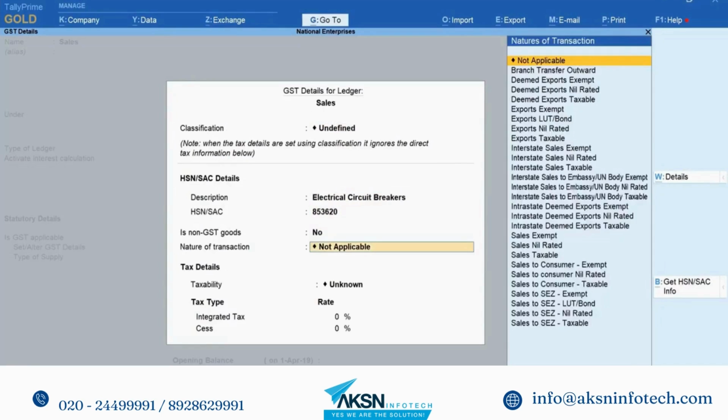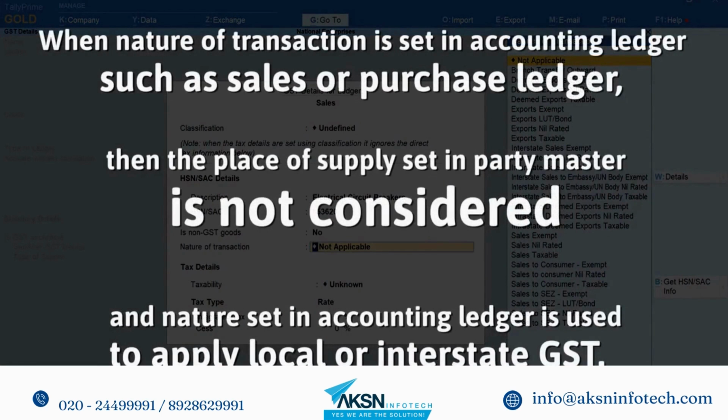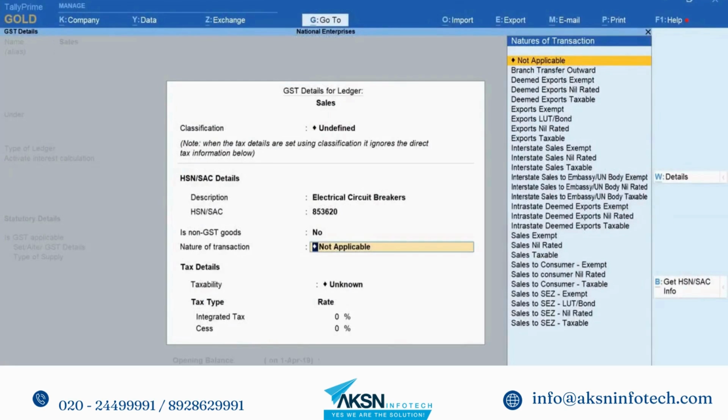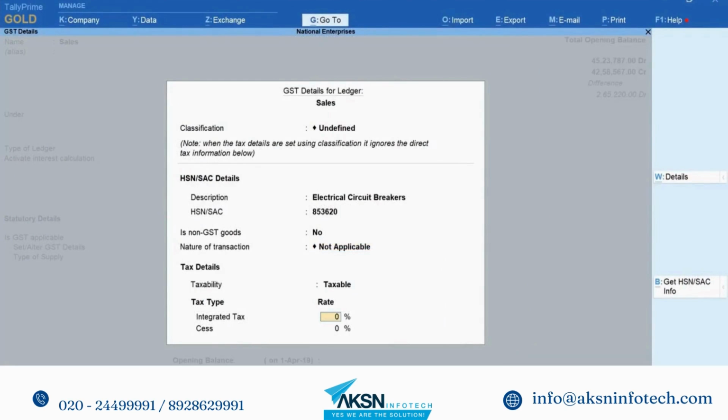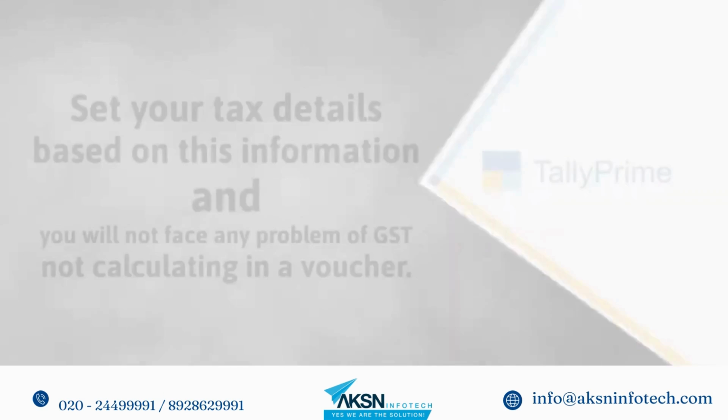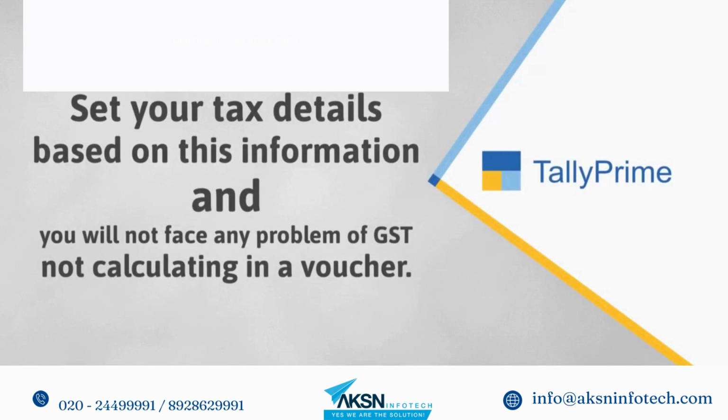आप सेल्स लेजर में नेचर ऑफ ट्रांजैक्शन भी चुन सकते हैं। जब नेचर ऑफ ट्रांजैक्शन अकाउंटिंग लेजर जैसे कि सेल्स या परचेस लेजर में सेट होता है तो पार्टी मास्टर में सेट किया हुआ प्लेस ऑफ सप्लाई नहीं माना जाता, बल्कि अकाउंटिंग लेजर में सेट किए हुए नेचर का उपयोग कर लोकल या इंटरस्टेट GST लागू होता है। इस जानकारी के आधार पर आप अपने टैक्स की जानकारी सेट करें और आपको वाउचर में GST न कैलकुलेट होने वाली समस्या कभी नहीं हो।